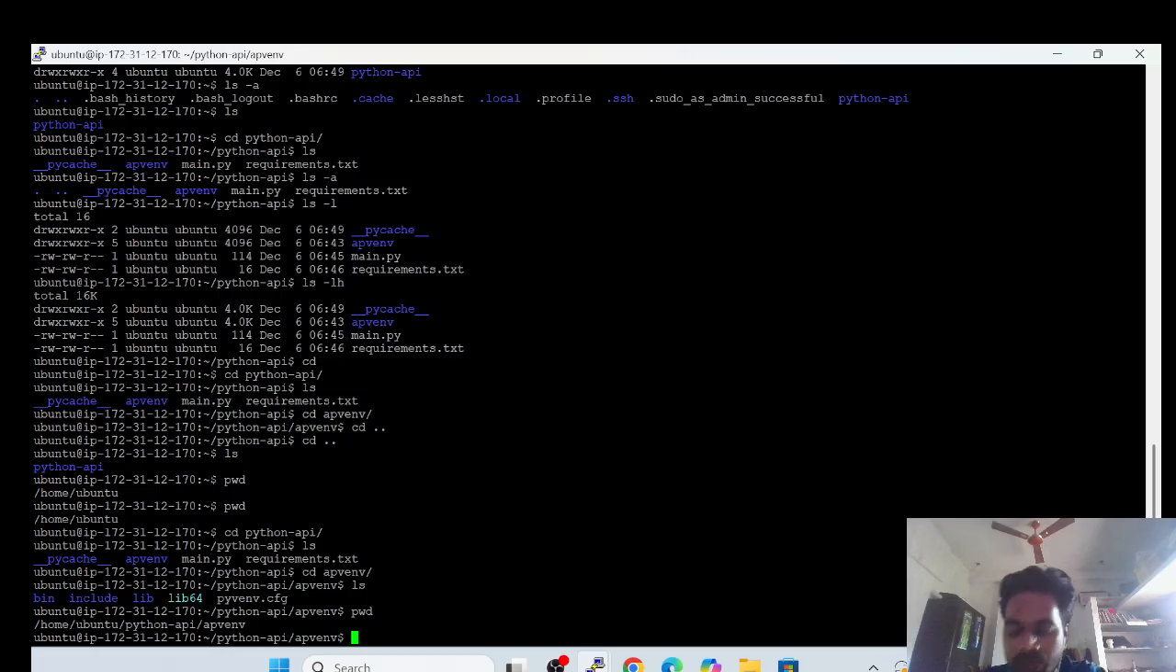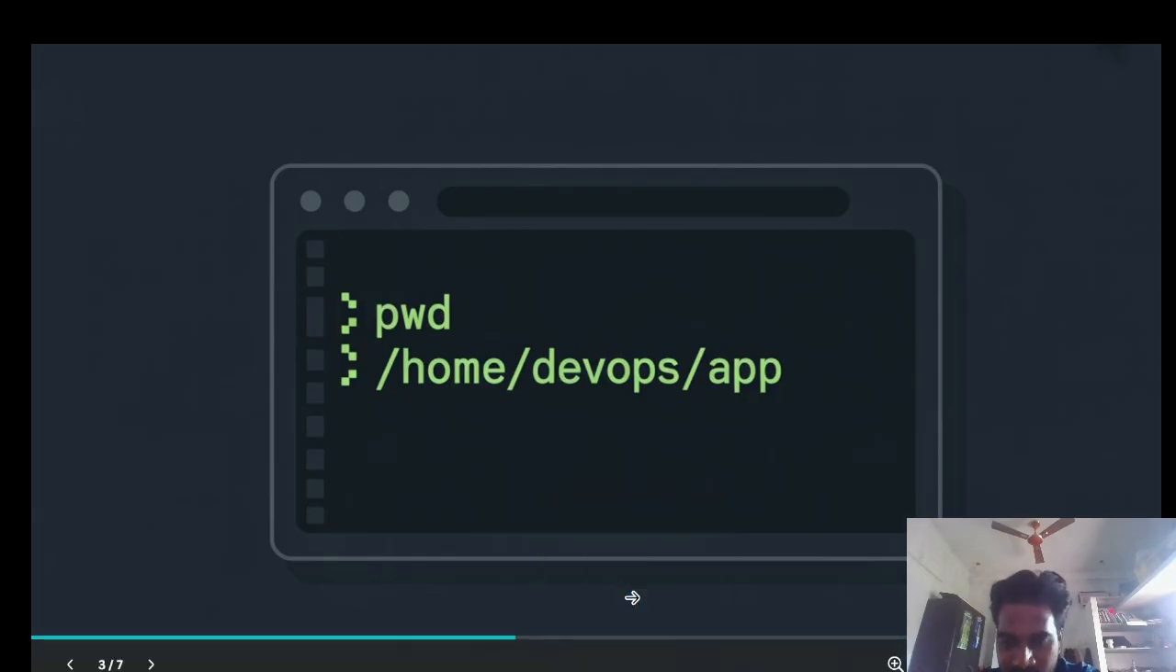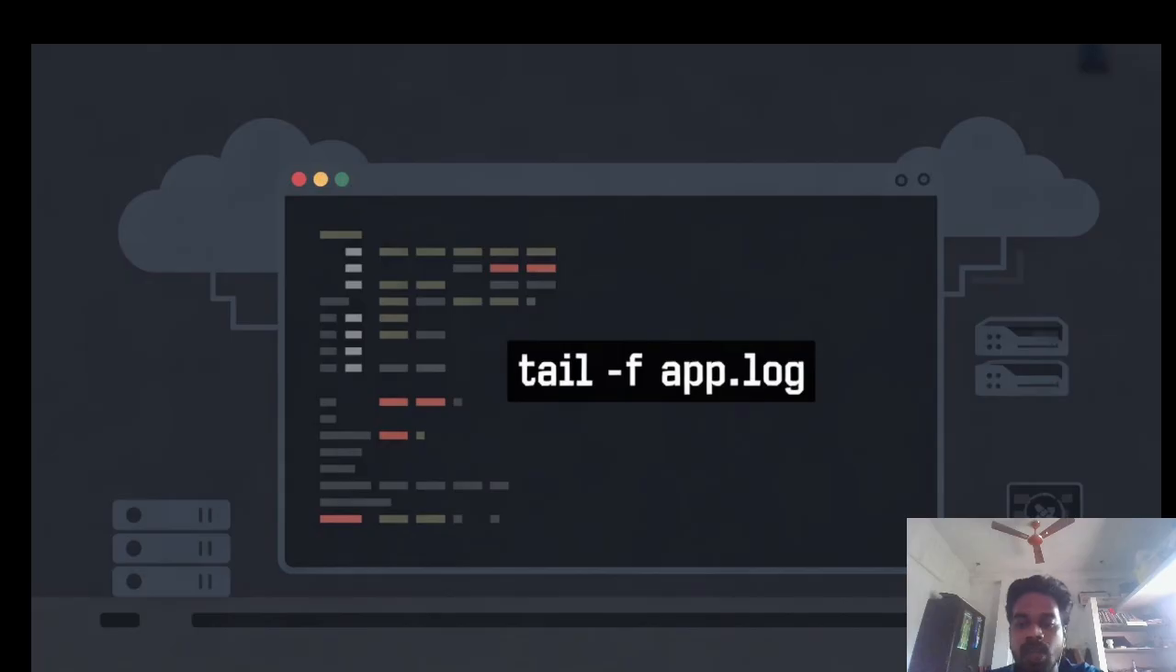In the real-time use case, many production issues happen simply because commands were executed in the wrong directory, right? So you must know the directory where you are present. If we know the particular directory, then whatever you are going to do will be successful, right? Fourth command, what we are going to study